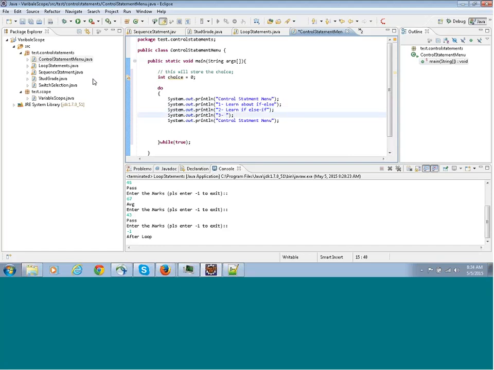Learn about for loop and while loop. Do while loop with break, right? And the last option is exit. Okay,